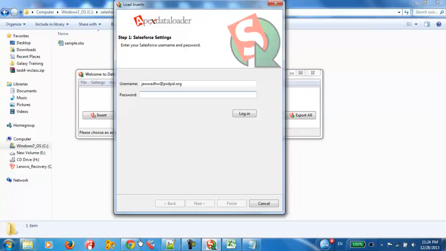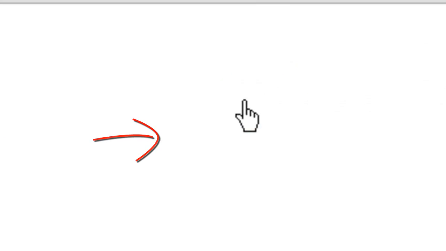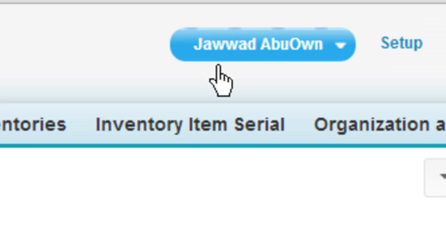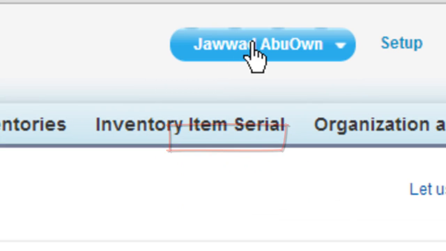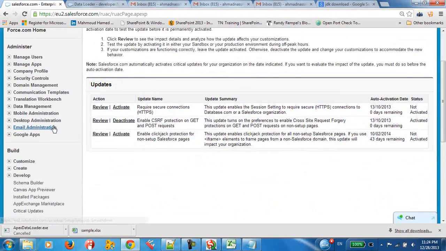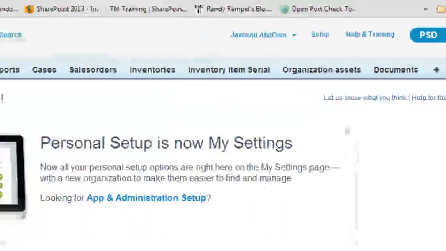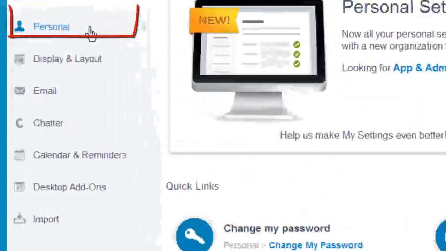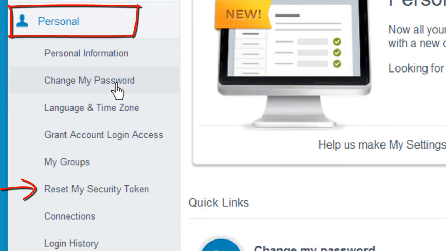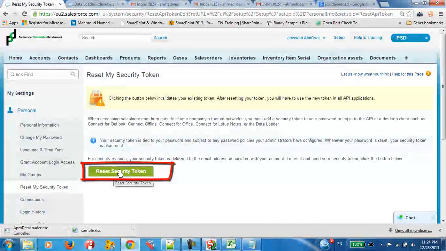In order to get the token, you have to go to your Salesforce account, go to My Profile, and after that go to My Settings. Under My Settings, go to Personal and try to find the token. You're going to find something called Security Token. Reset My Security Token. So just click on Reset Security Token,